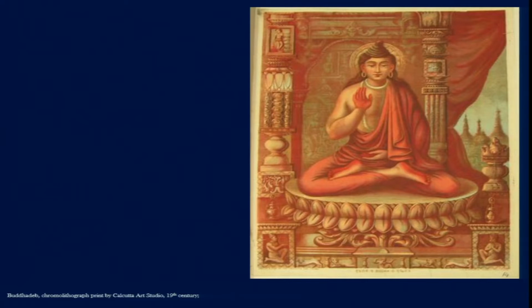And similarly, we can also think about the Tugra lithographs in Delhi and in Lahore, or the printed books in Lucknow and Delhi, which also have a different set of clientele. Now in this image that we see here, called Buddhadev, as written at the bottom of this image, it is also made in the chromolithograph technique, in which